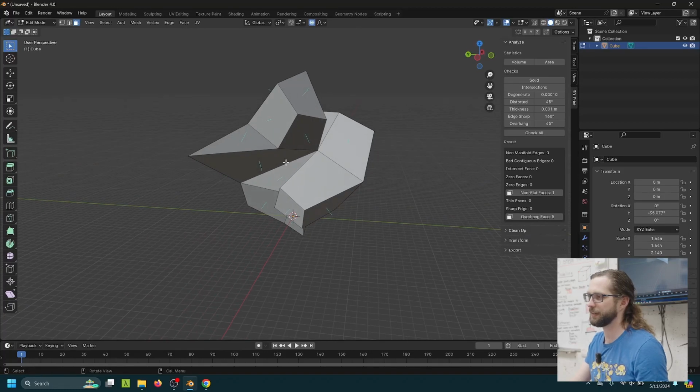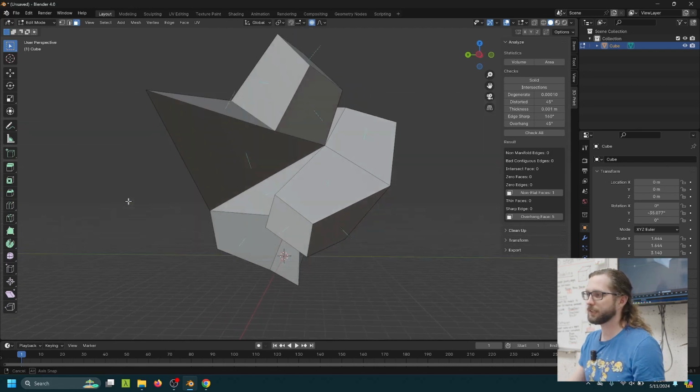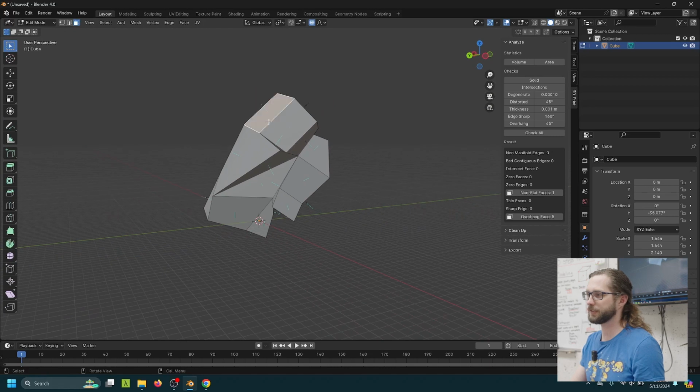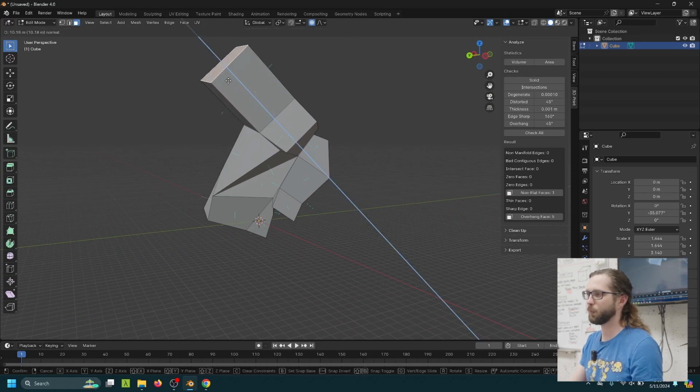So notice how now each of my faces has these blue hairs. That is showing you what the normal direction of that face is. Or as I was saying before, this shows you the direction that that face is facing. And I like using this view because it really does give you an indication of, when I use the extrude command, which way is it going to go. And it doesn't have to go this way. By default it will. But just like